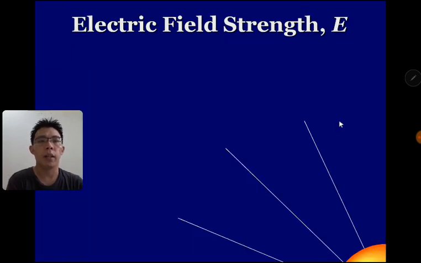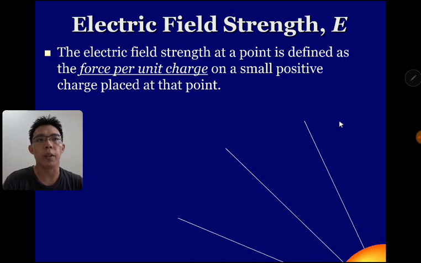Since we are talking about field strength, there is a quantity that you must understand, which is called the electric field strength. How do we define that? Field strength at a point, let's say this point, is defined as force per unit charge on a small positive charge placed at that point. So at this point that I indicate here, there's a field strength E. Okay, what does that mean? It means if I place a positive charge there,